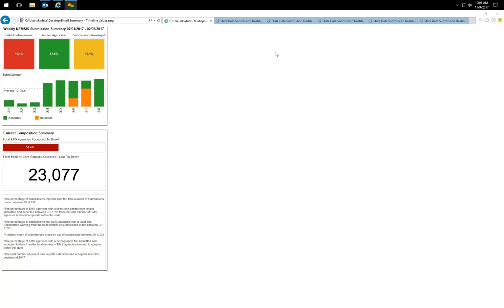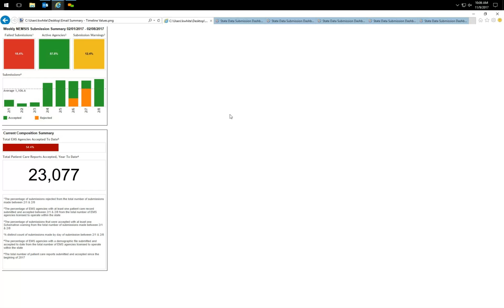And that's what you're seeing on your screen right now, is our first attempt, really, at an email outbound summary of submission information. If you choose to do so, you will receive this email for your state every week, more than likely on Monday mornings. And it will come as an image, which is what we have right now, just a static flat image with your information clearly displayed. There is an interactive version that we will jump to in a minute, but first I